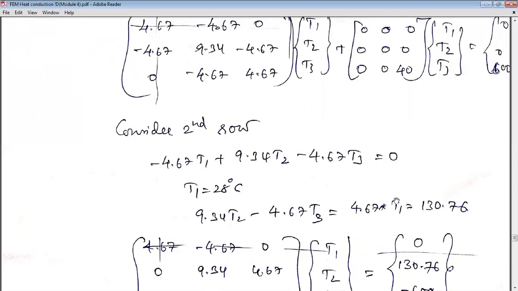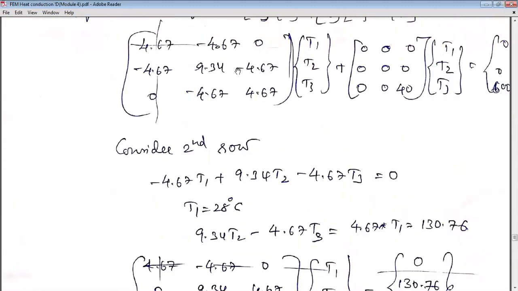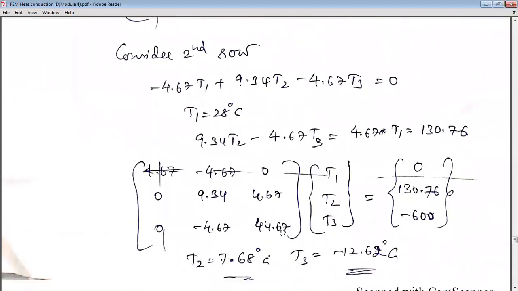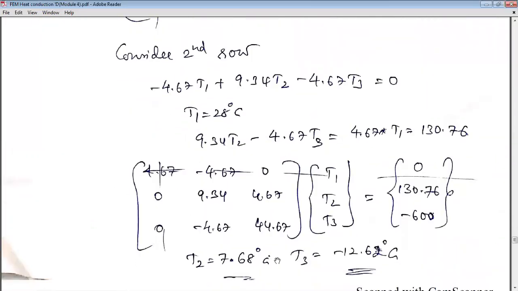The values of K and all are given in Kelvins, H is given in Kelvins. Check out this value very carefully. You have to add 273 to the degrees Celsius. Then get the value of the Q, the load vector, the contribution from T1. Now cancel first row, first column. The real term 9.34 remains, minus 4.611. 44. Look at this. I have added this 40 plus 4, obviously 44.